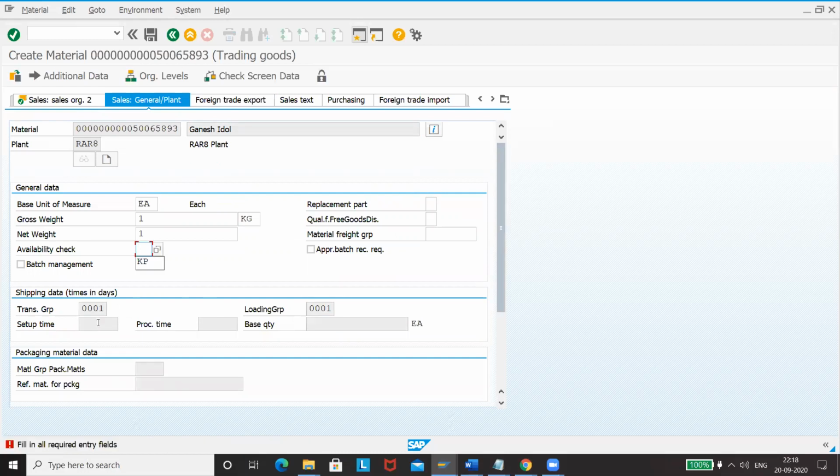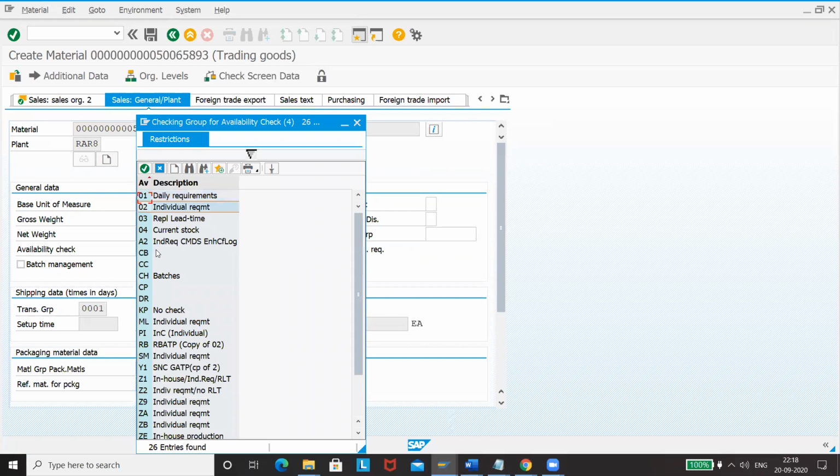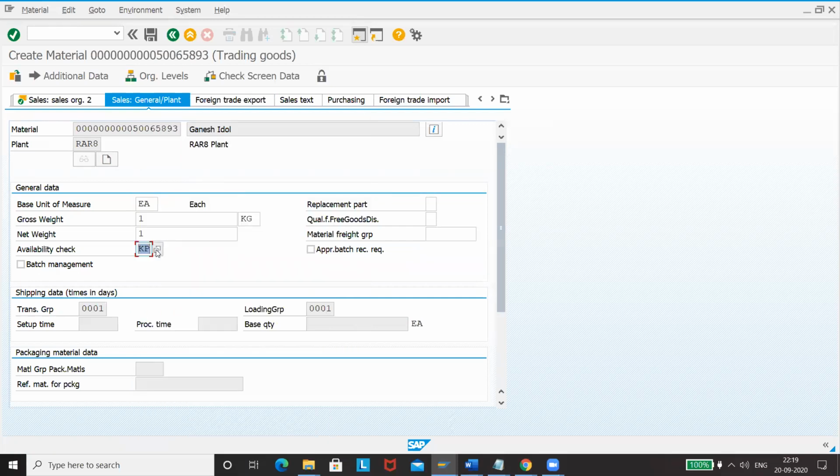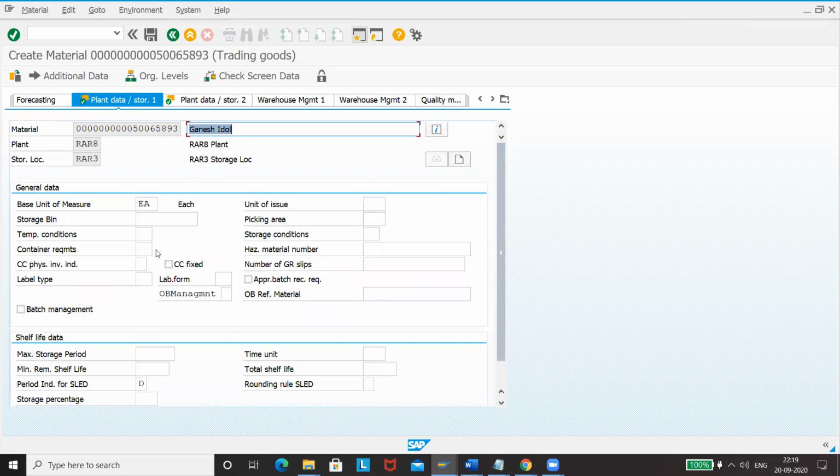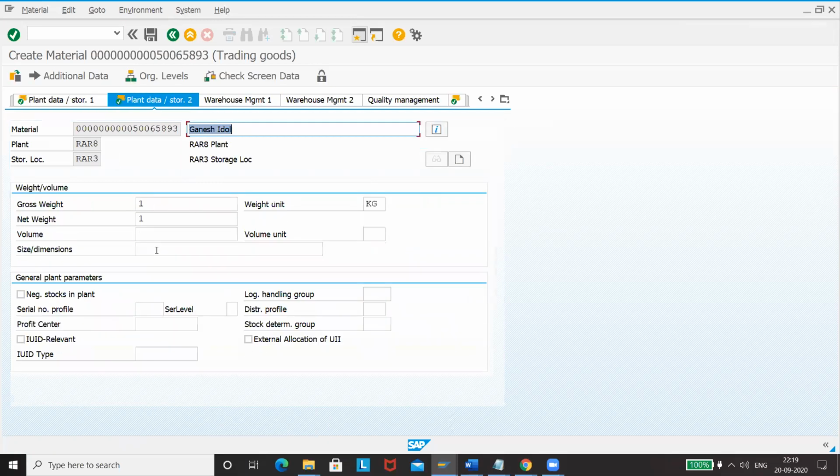Availability check. We'll see what we have in it. Yeah, take this one, not a problem. Yeah, try to save. Let's see if we have still any errors.